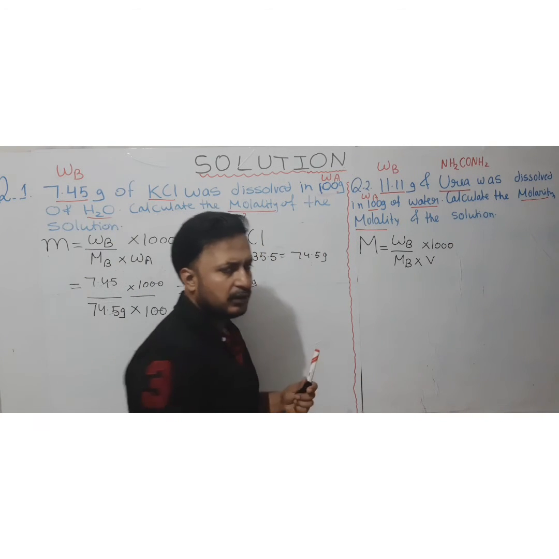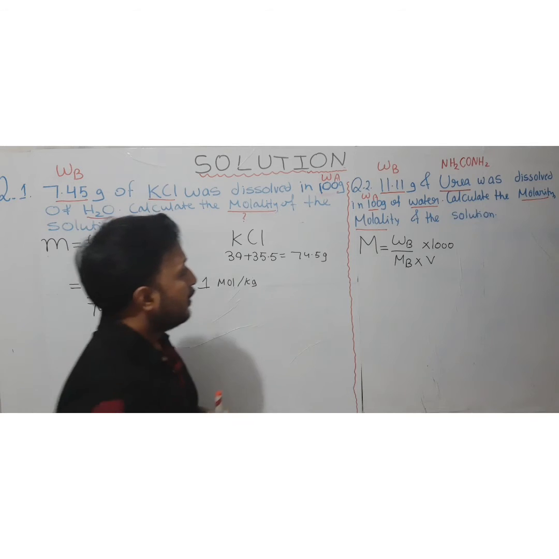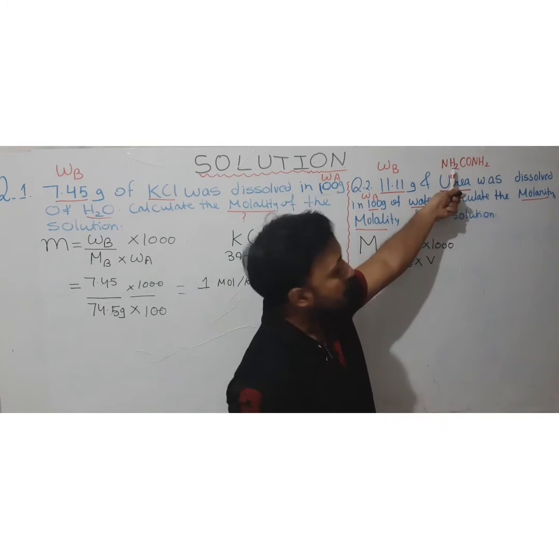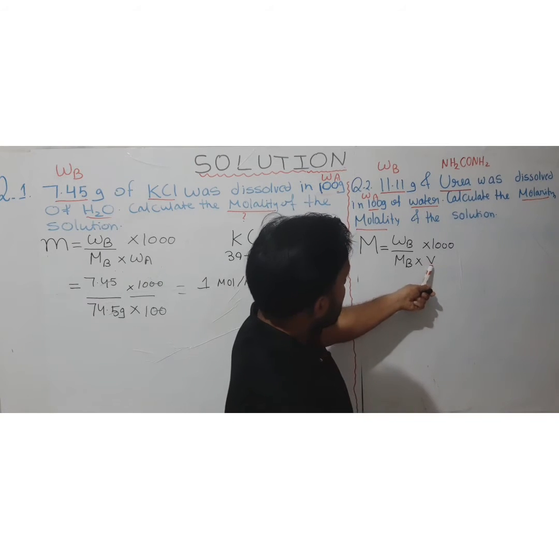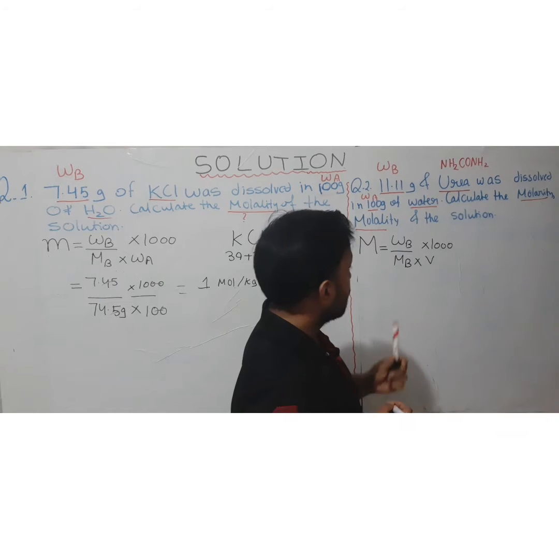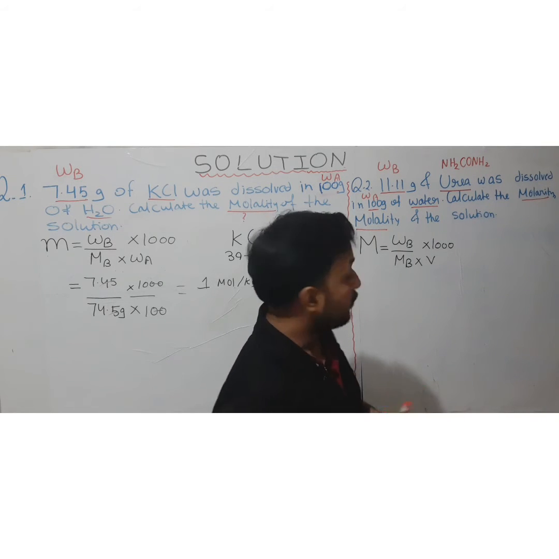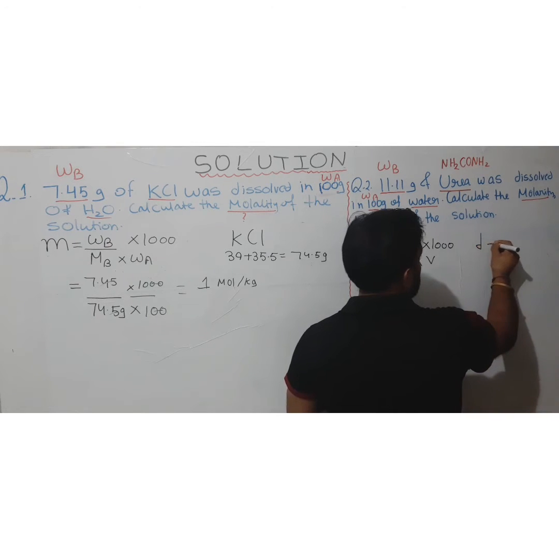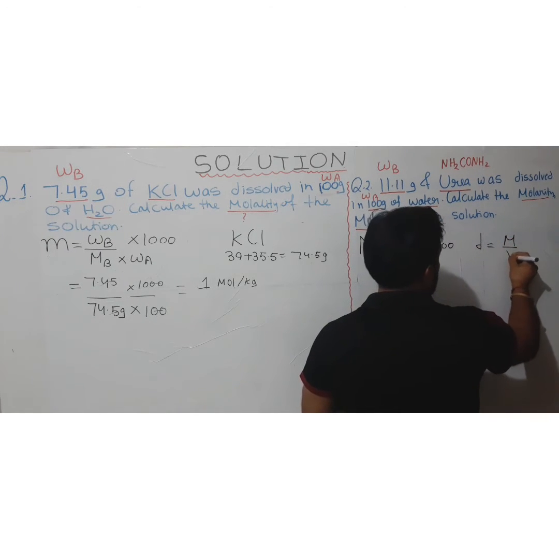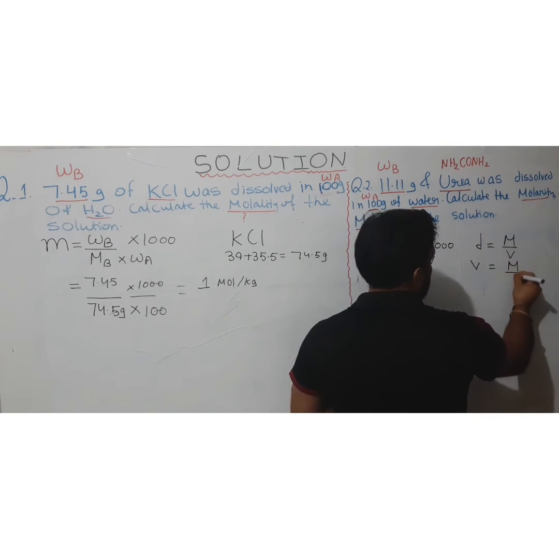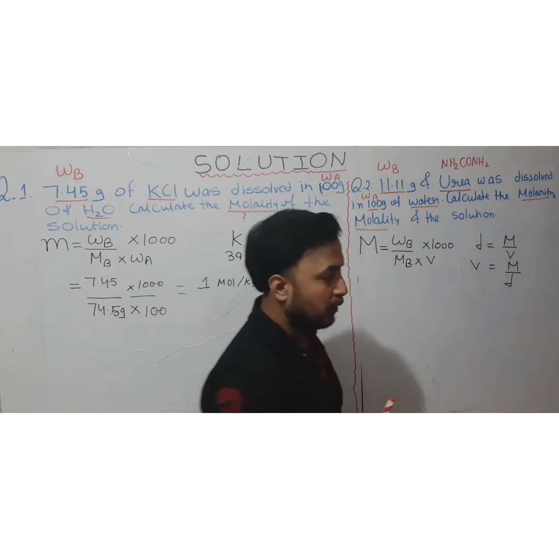So here we are considering it in milliliter, but the problem is WB is with us, MB we can find from this formula, but V is not there, that is, the volume of the solution is not given. So we have to calculate the volume of solution first. We know there is a formula, that is density is equal to mass upon volume. So basically volume will become equal to mass upon density. That is a simple formula we used to have.